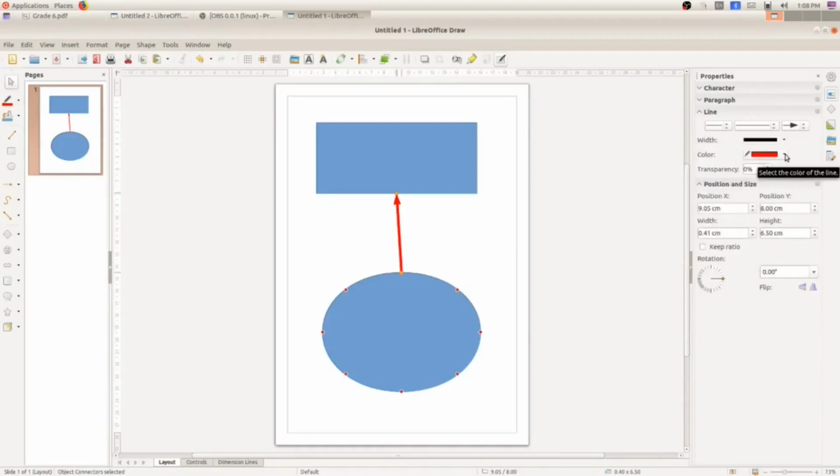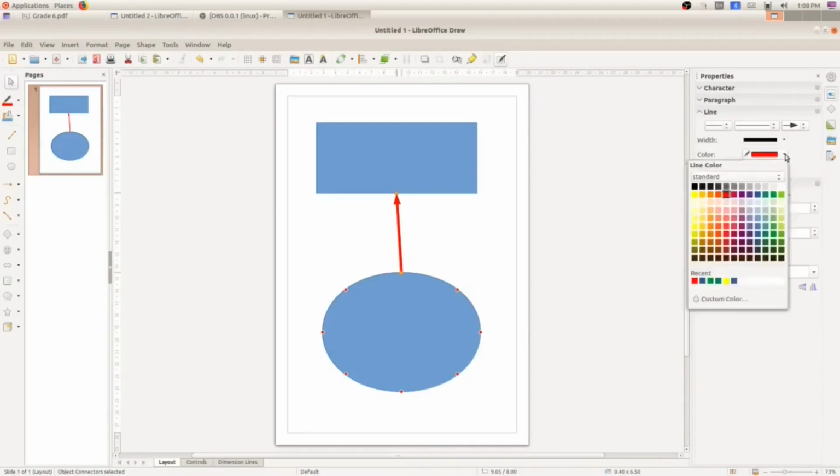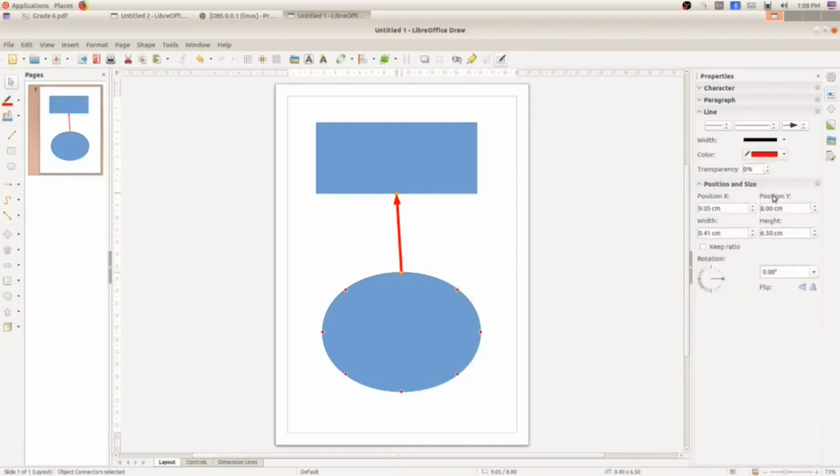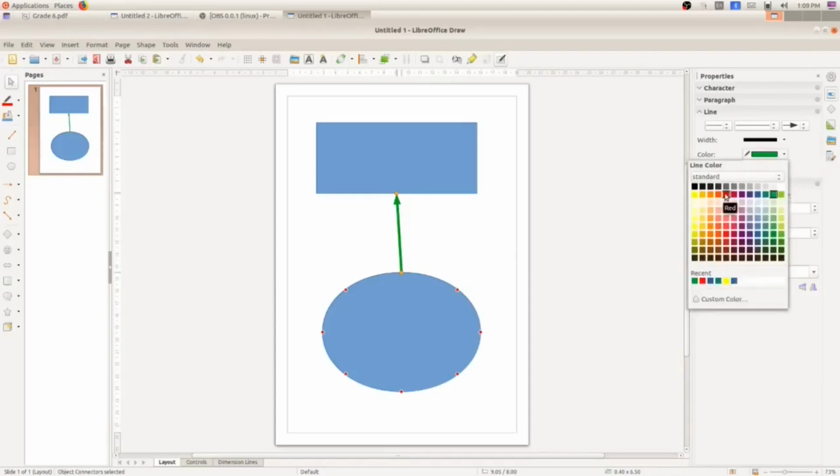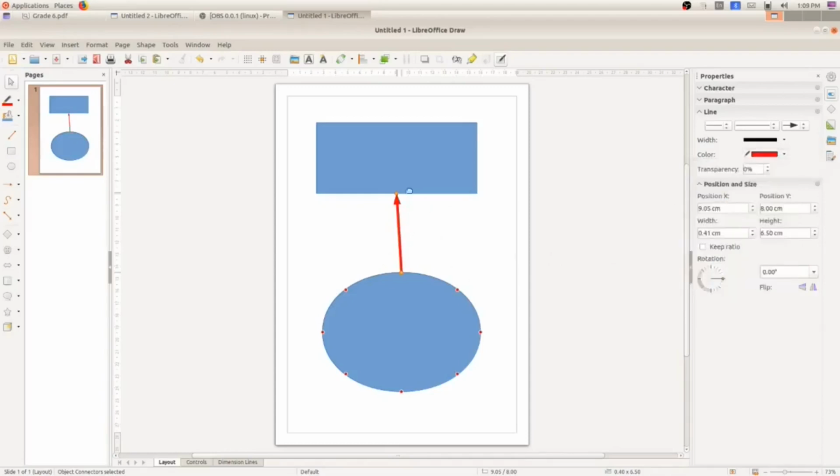Also the color can be changed here. Suppose I am taking green, now it is green color. Here I am again taking red, now this red color is very clear. So hope all are clear about how to change the line color.